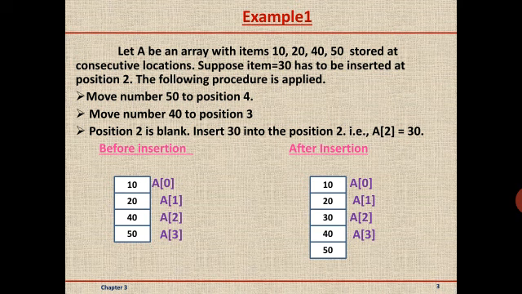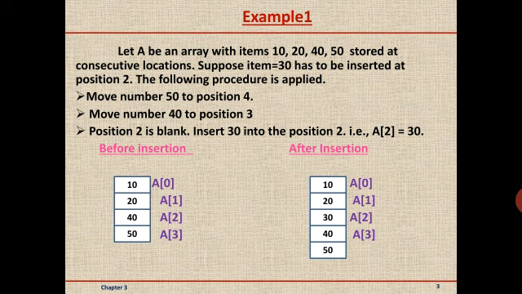So in case 1, what we do: first I is equal to P to n minus 1. P is the position, which is 2, to n minus 1. N is the total number of elements. Total number of elements is 5 here, so 5 minus 1 is 4. Then A of 2. How did we get 2? The initial value, P, we have taken as 2. So A of 2 is equal to A of I plus 1, that is A of 3.